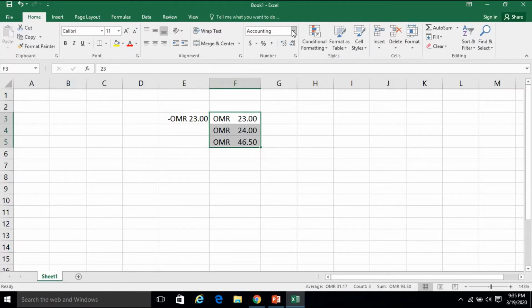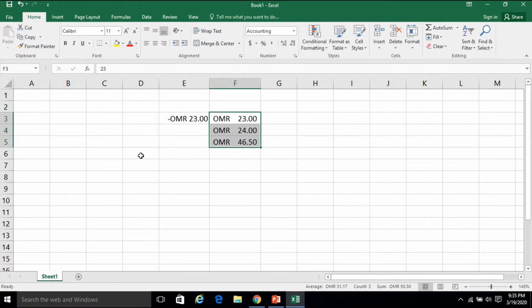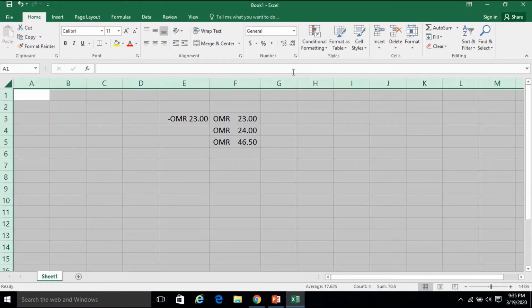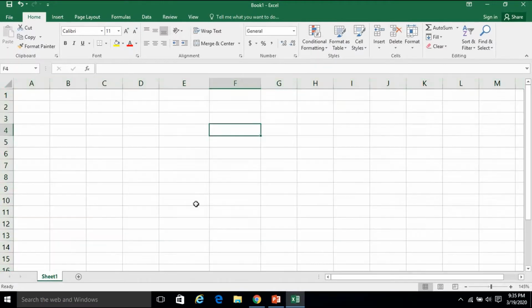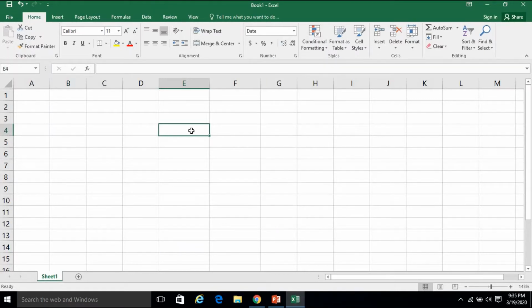Okay, so the next option is short date under date. So let me clear all these values. Okay, so let's study about date now. The date format displays numbers as date values according to the type or location that you specify. So when I select a cell and choose short date, and when you enter a number,